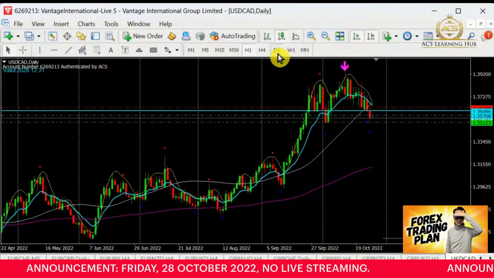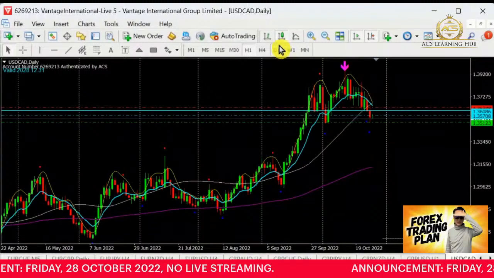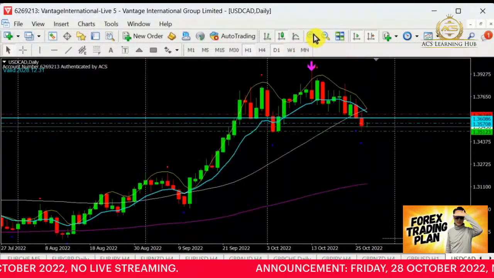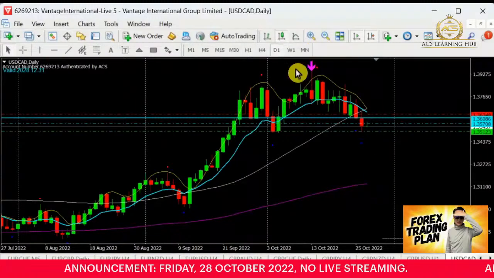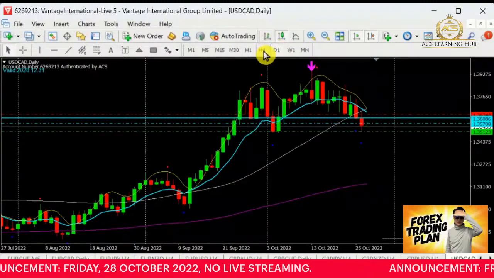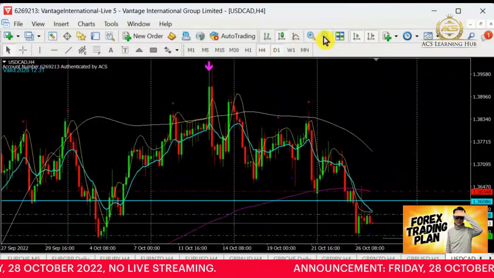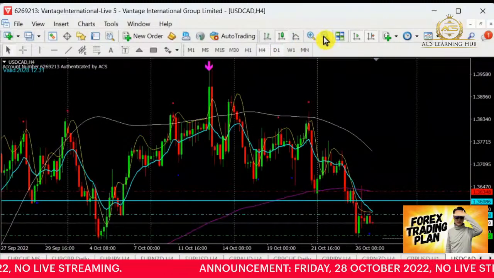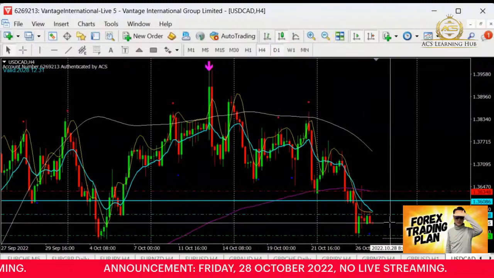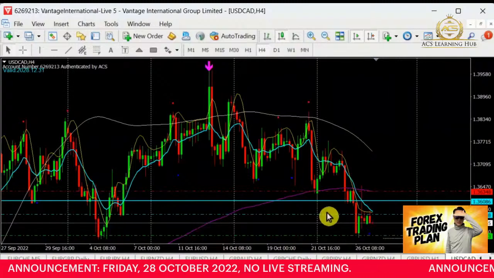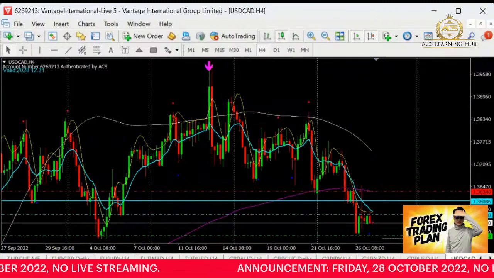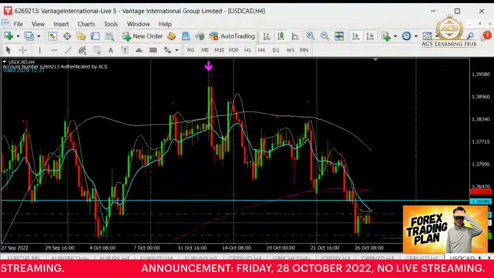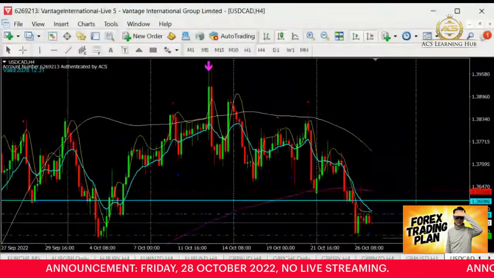Dollar CAD, yesterday we had a good short, good selling, so some of you have taken the profits. At this point, it looks like we tested the support. But today, I see that this is going to test the support again. We still have around 30 pips to go, so we can take a look at this dollar CAD as well. Dollar CAD is still looking good for selling.